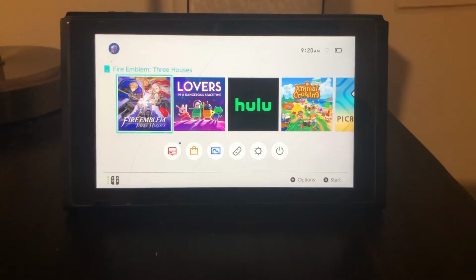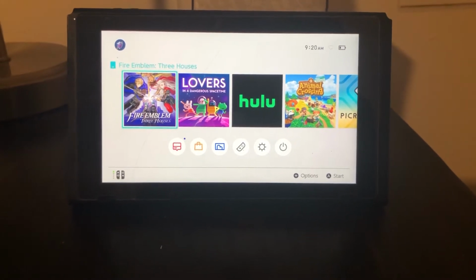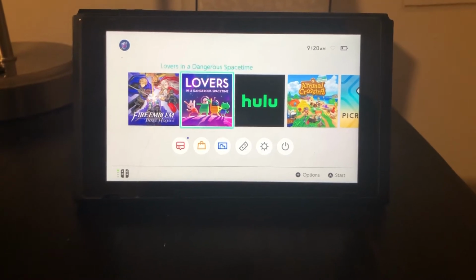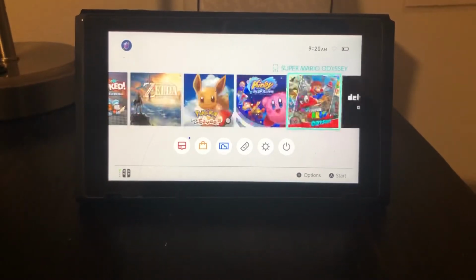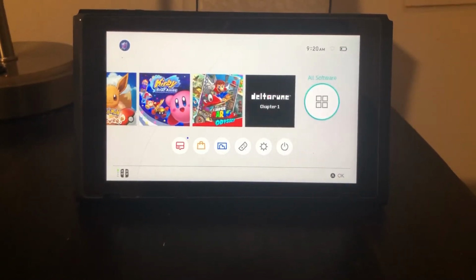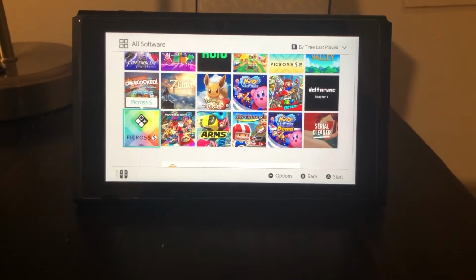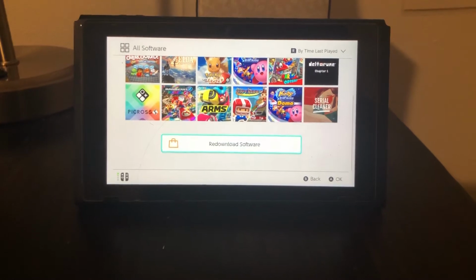As you can see here, the main component of the interface is all of the games that the user has played, starting from the most recent, dating all the way back to the earliest game played. You can also see at the very end there's an All Software button, so if the user clicks it, they'll be able to bring up all of the games that they've downloaded, and an option to re-download any of